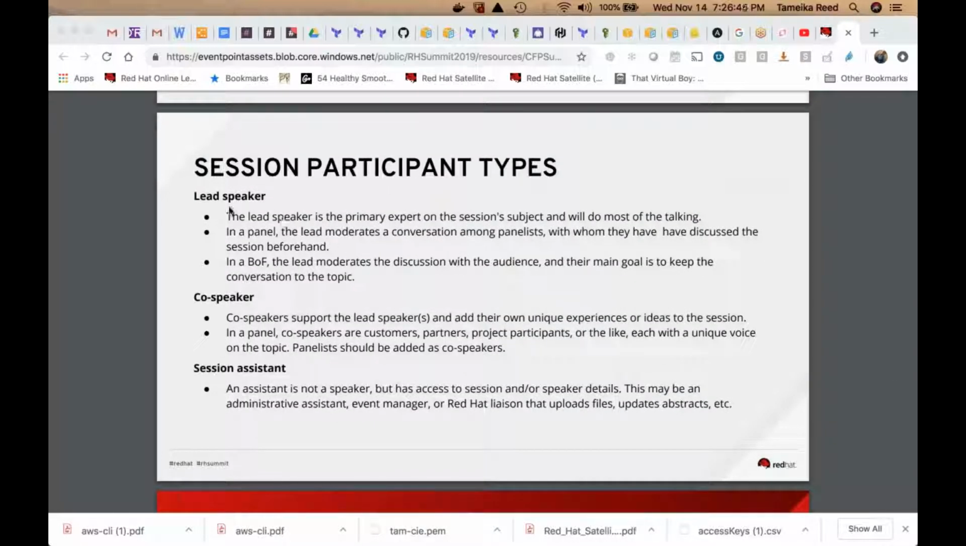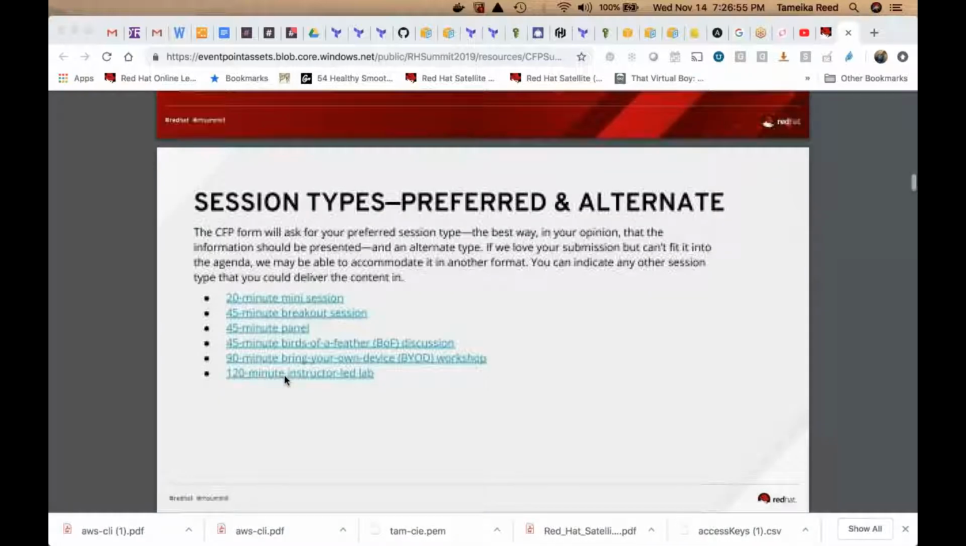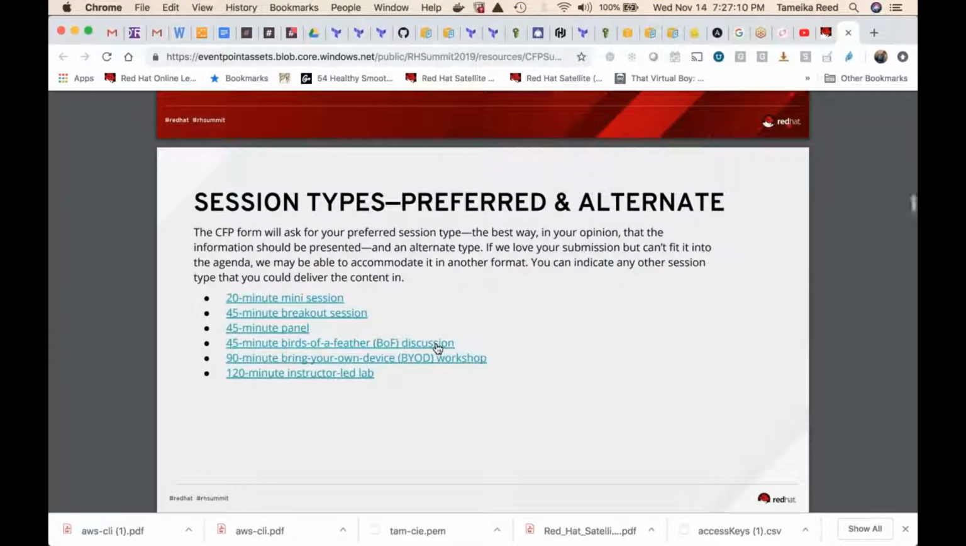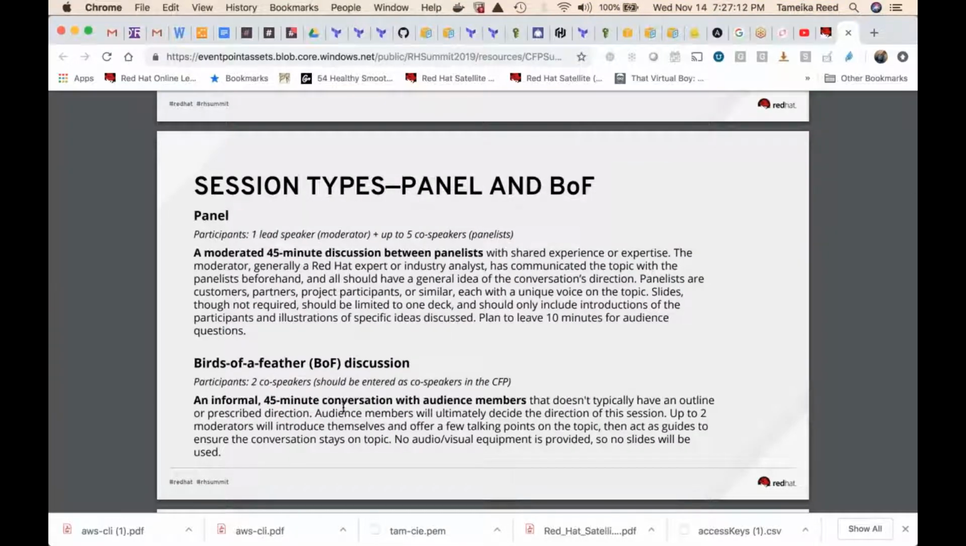Participants: you can be a lead speaker, you can have two people who co-speak, you can do your sessions and then have assistants for your sessions. This is where they break down the sessions: a 20-minute, a 45-minute, a 45-minute panel, a birds of a feather, 90-minute, or 120-minute. I was thinking birds of a feather for us for a discussion, because birds of a feather